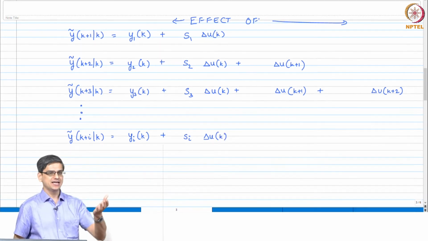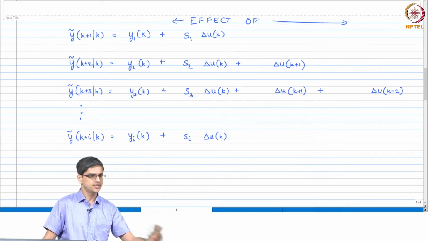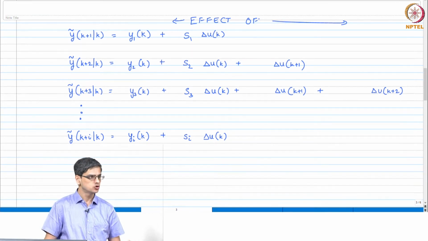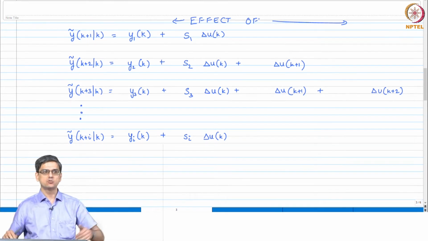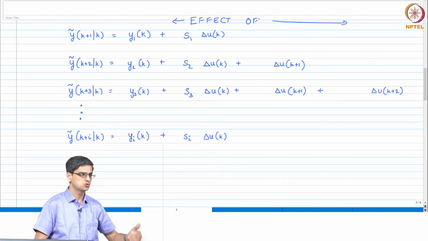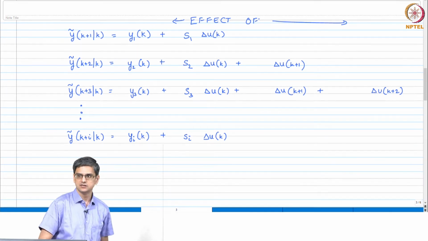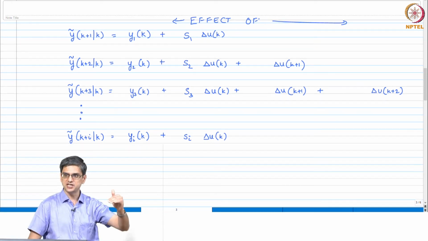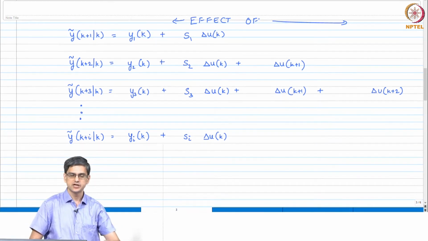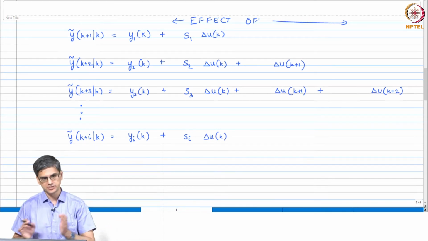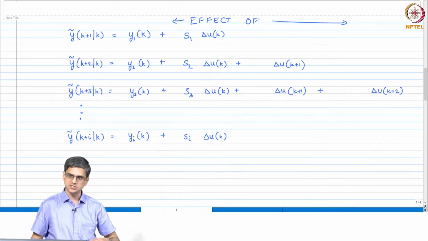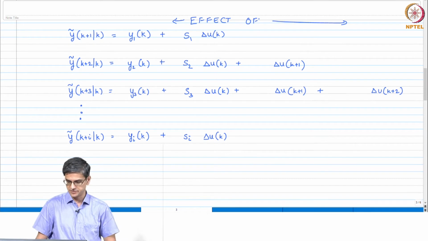Okay. If i is less than n, Si is nothing but Si. If i is greater than n, Si is equal to Sn, right. Remember when we truncated, it is S1, S2, S3, S4 up to Sn, Sn, Sn, Sn, Sn. As against that, with finite impulse response models, it was H1, H2 up to Hn and then 0, 0, 0. We are not doing finite impulse response models, we are doing step response models only, but in case you ever have to work with impulse response models, that is the primary difference.